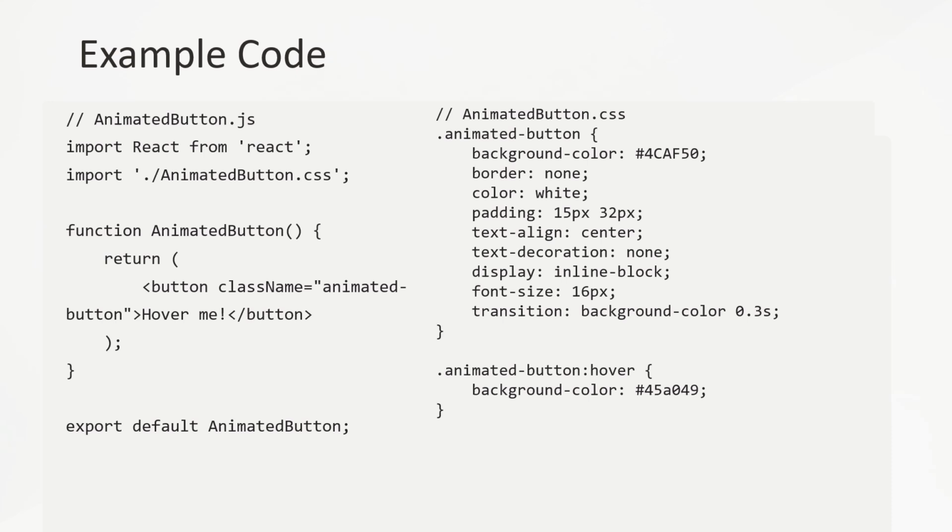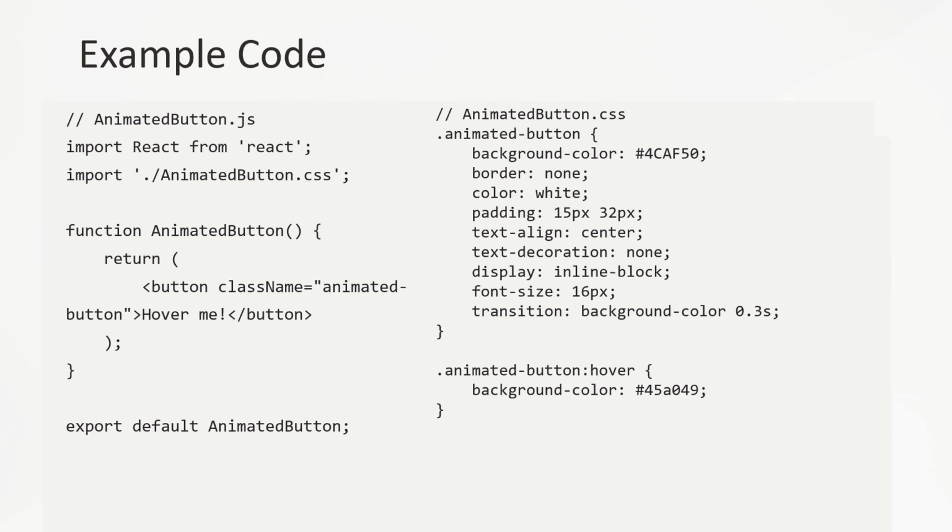It sets the initial background color to #4CAF50, a shade of green, along with other properties like border, text color, padding, text alignment, and font size. The transition property is used to animate the background color change. The transition duration is set to 0.3 seconds, indicating that the change will occur smoothly over 0.3 seconds. The animatedButton hover selector specifies the styles that should be applied when the button is being hovered